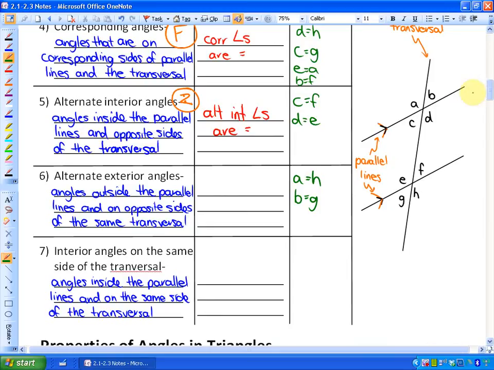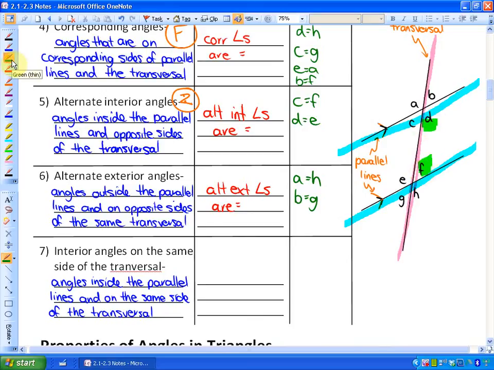And here's the last one having to do with parallel lines and a transversal. Interior angles on the same side of the transversal. Sorry, I'll just put in this descriptor here. Alternate exterior angles are equal. Interior angles on the same side of the transversal are angles that are inside the parallel lines and on the same side of the transversal. So for example, angle D and angle F are inside the parallel lines and on the same side of the transversal. Now while those angles are not the same, one is obtuse and one is acute, they do